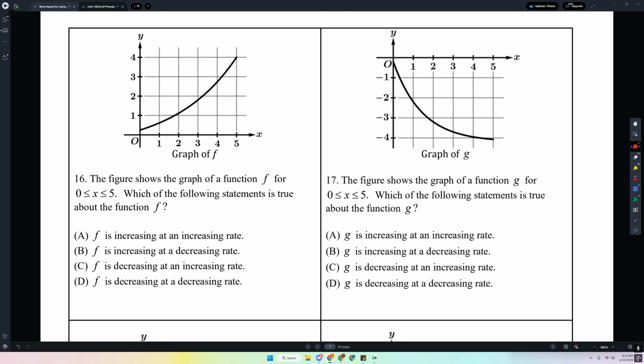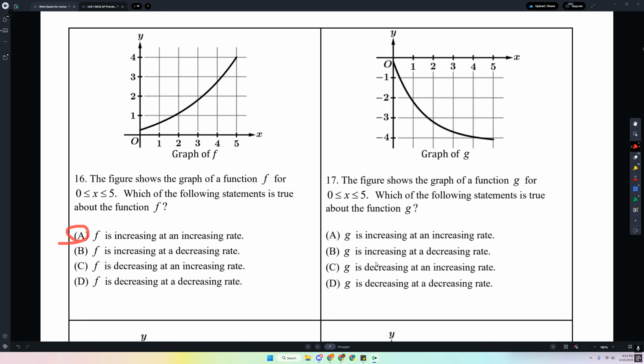And as a reminder, make sure to fill the lecture feedback form before you leave. You have one answer. Okay, 16 is A